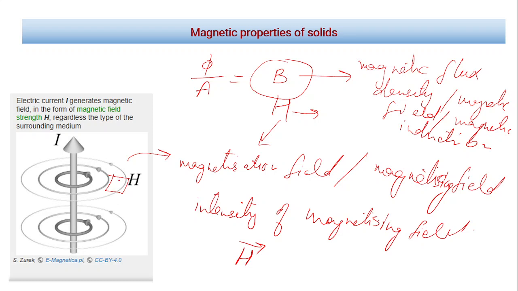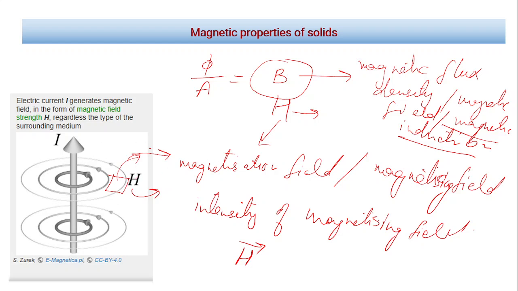This was also discussed in the lecture, that materials have something called magnetic dipole moments. Depending on what kind of material it is, the moments interact with this field H, and then there is a field induced in this material that we denote by this capital B, and that's why we call it magnetic induction. And this H is called magnetization field, meaning the field that we are using to magnetize a material.